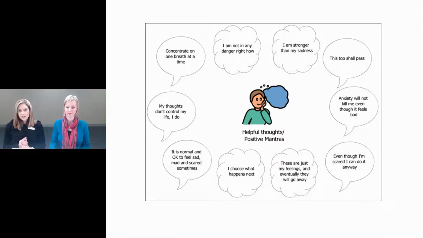And this is also from the same book. Basically what I've done here is, instead of having written long slabs of writing on one page, I've placed them into thought bubbles, and that way it just makes it a lot easier for the young person to not feel overwhelmed by all of the writing, and we can talk through them together and pick out which particular helpful thoughts or positive mantras might be useful for them. Then you can even colour them in, or if you wanted to, you could add in changes and things like that to it as well.